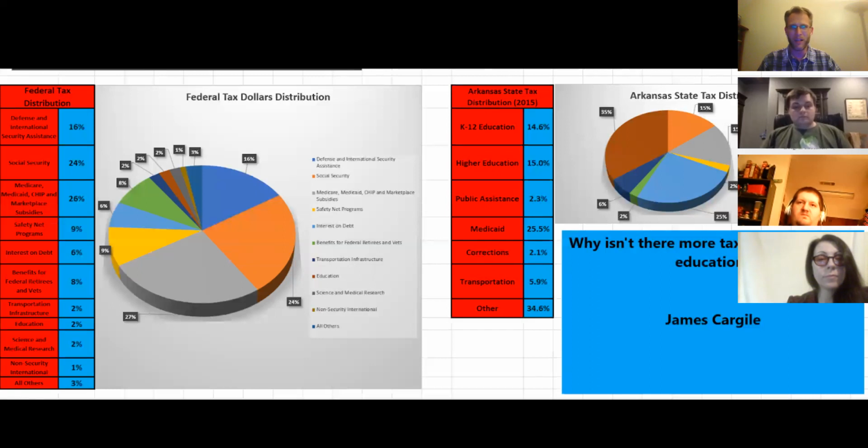Every kind of sports team imaginable. Conway actually has a bowling and a golf team, believe it or not, on top of all the other regular stuff you have. Not so great if you live in a place like McGehee or Dermott down in the Delta area, where there's really nothing. You have maybe a gas station and half a dozen flea markets where businesses used to be. So you don't have that tax base coming in. You have a very impoverished area, and